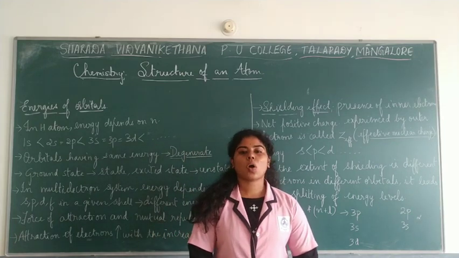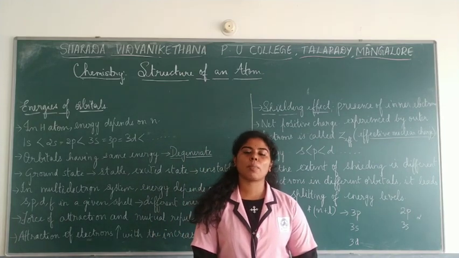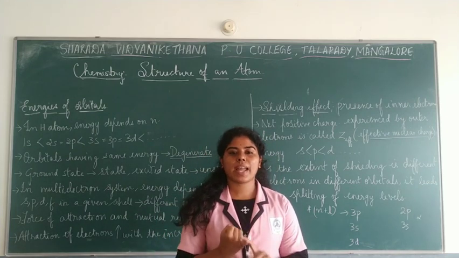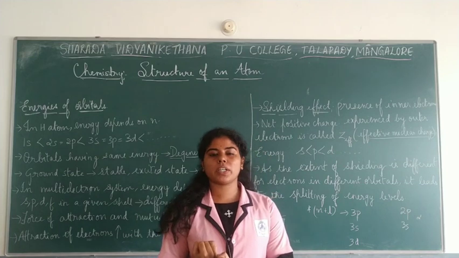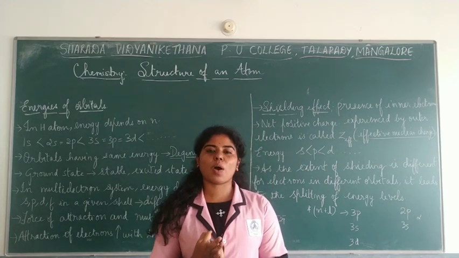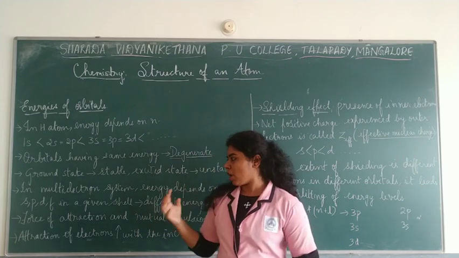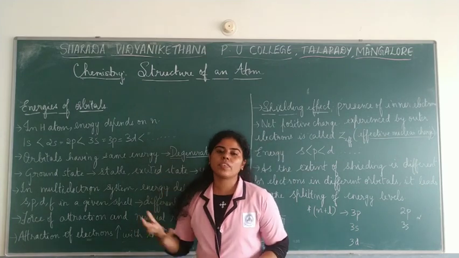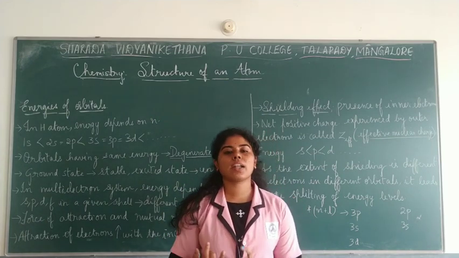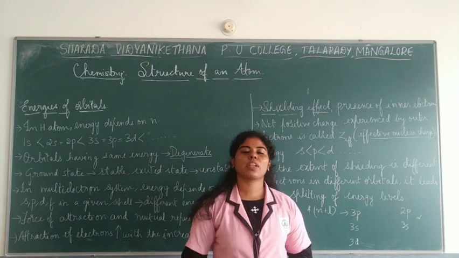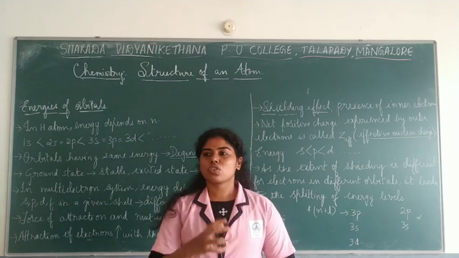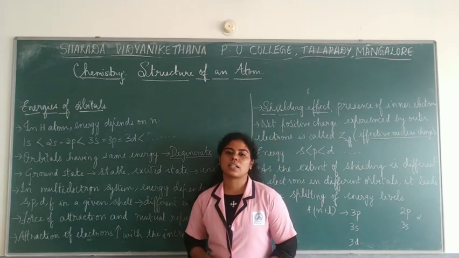So we were in the topic of shapes of the atomic orbitals, talking about s, p and d orbitals, where the s orbital is spherical in shape, the p orbitals have a dumbbell shape and the d orbitals have a double dumbbell shape. We also studied the two types of nodes, angular and radial nodes, for which you can use a formula to find the number of nodes present in a particular orbital. This is what we were studying in the last class.